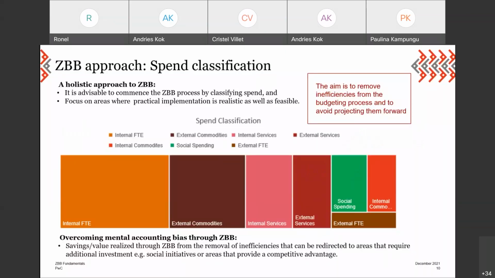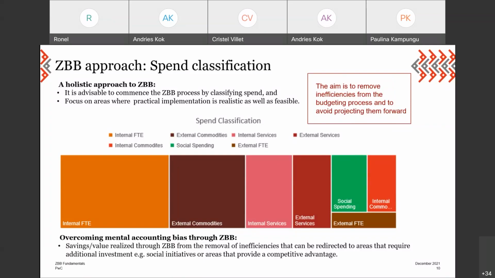Right, so one way that we found was a good way of starting this process, with this holistic approach in mind, is to put this lens on your spend base. When you think about your strategy or your vision or whatever you want to do going forward, it's important to look at this lens as well.